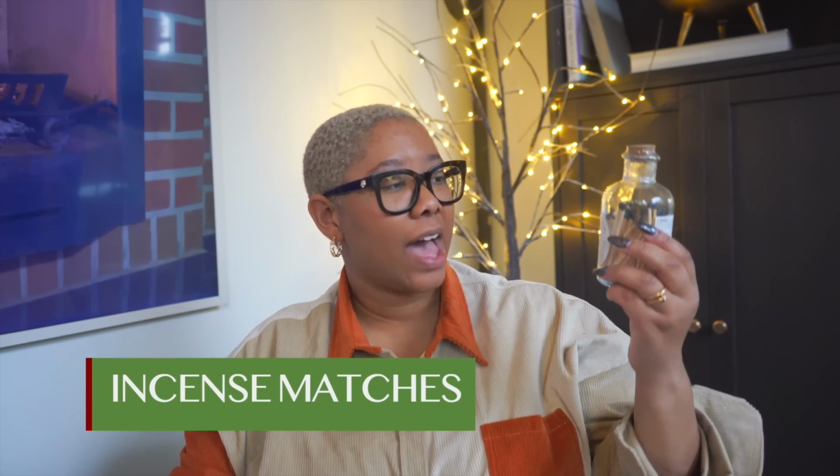Now, the first item you need to pick up this holiday season from Dollar Tree is this set of incense matches. There are 100 matches in here, and you get the matches and the container they come in for $1.25, which I think is a great buy. This is a great way to have some really nice scents in your home for the holiday season. If you're not doing a stovetop potpourri or anything like that, you can have some really great, warm, welcoming scents in your home, and it's a really nice piece of decor. This is something I'd honestly probably use year-round from Dollar Tree, but I think it will be a great addition